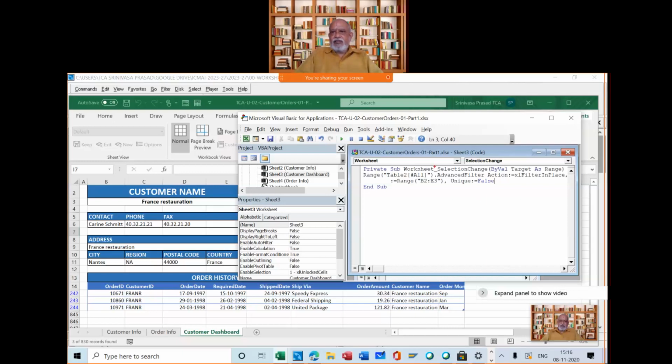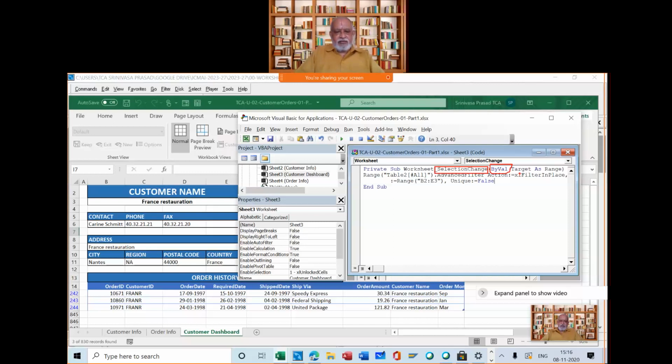In this worksheet, if anything changes, selection change, if any change happens by value, in case Eastern connection becomes around the horn, in case around the horn becomes Chinese chop suey by value, then